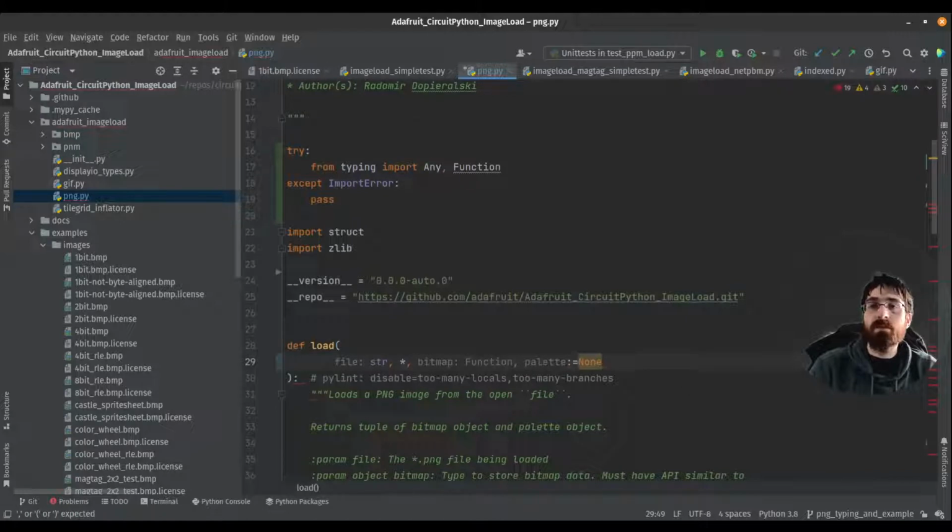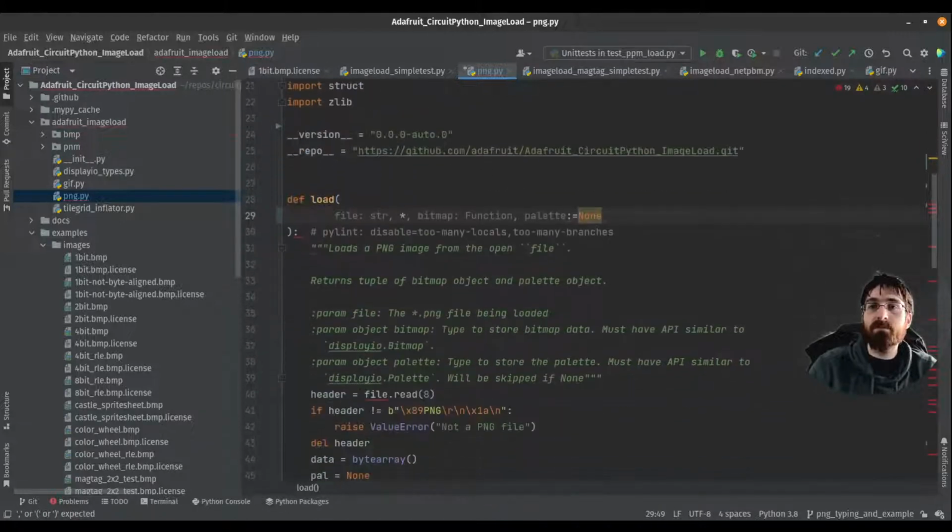Palette would be a displayio Palette, or similar. I mean, we don't really, I guess pixel shader? Maybe, or color converter, whatever. I'm still unclear on the difference between all of those, but